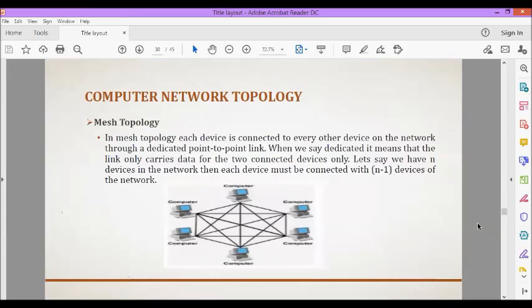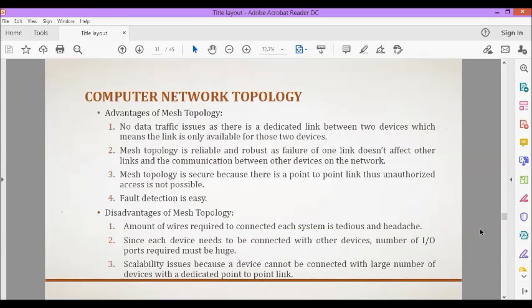So the mesh topology is each device is connected to every other device on the network through a dedicated point-to-point link. When we say dedicated, it means that the link only carries data for the two connected devices only. Let's say we have n devices in the network, then each device must be connected with n minus 1 devices of the network. So the advantages of mesh topology are no data traffic issues as there is a dedicated link